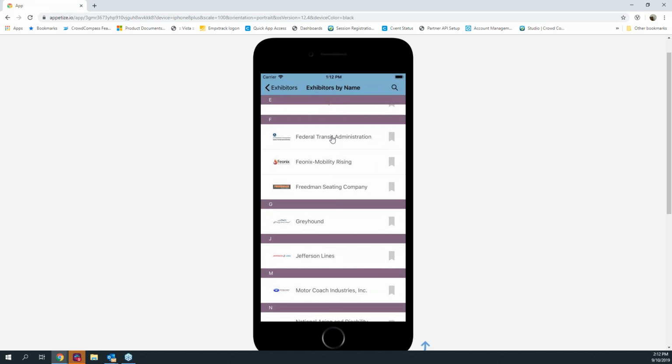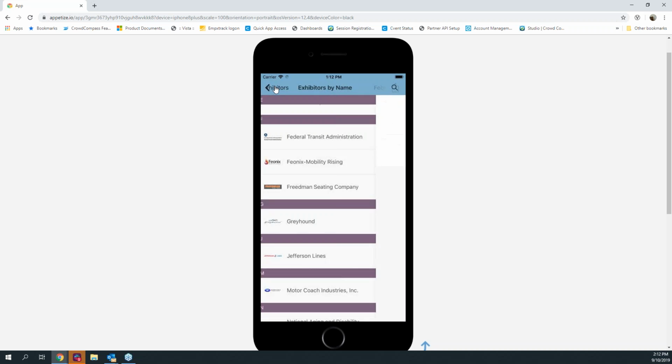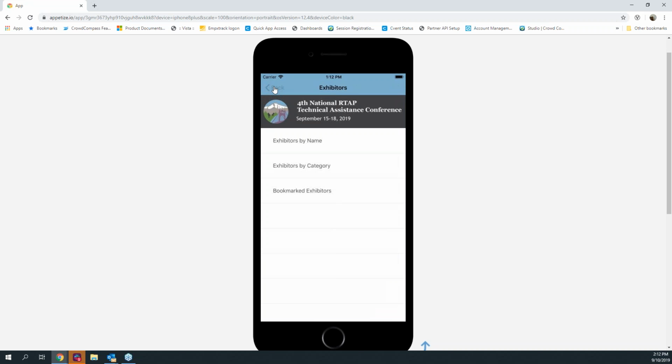And let's say I want to visit the Federal Transit Administration. I simply click on the option and identify their logo. So that being said,